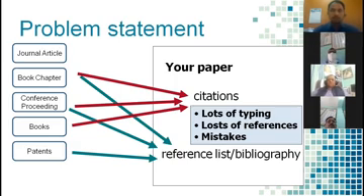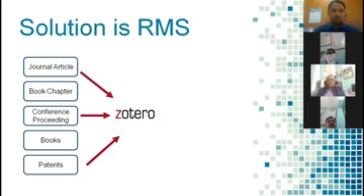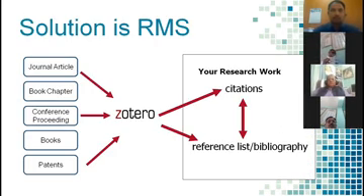Sometime back in 2010, some of these tools started evolving, and now the solution is, you can see Zotero. What you can do is insert all the documents, types of documents and resources which are required for your research work. It may be a journal article, a book chapter, a conference proceeding or an article in that particular conference proceeding, book, patent, report, blog, statute, any case study. All types of documents have to be cited.